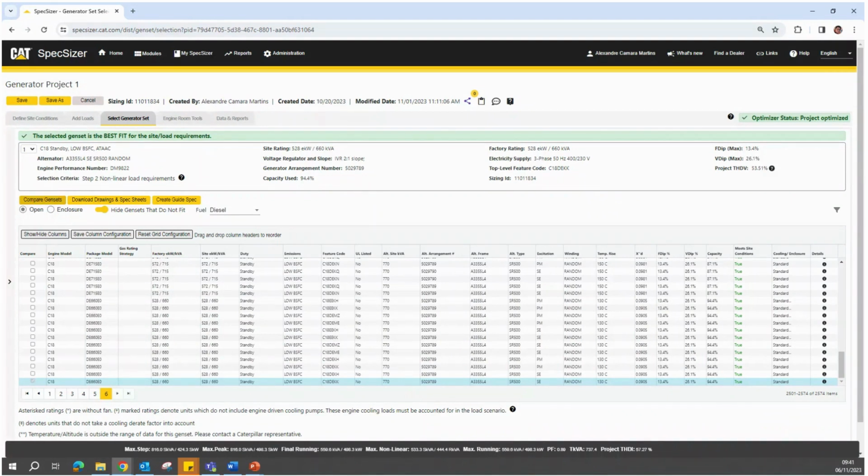In this video, I'm going to show you how you can compare generator sets on the Select Generator Set page. Before we can compare generators, please complete the Add Load step of your project. In this example, we have a scenario where the best fit generator set selected is a